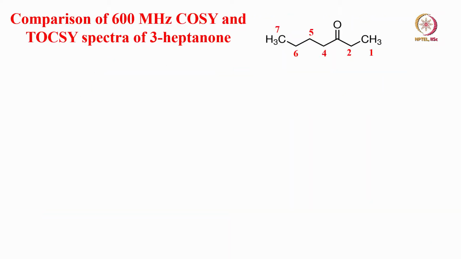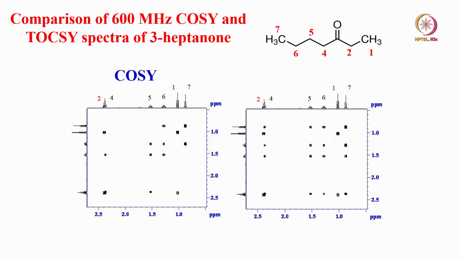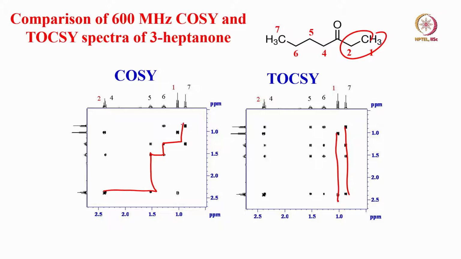So, let us compare TOCSY and COSY. This is a COSY and this is TOCSY for the same molecule. Here just now we understood this forms 1 and this forms 1, the 2 coupled spin systems identified in one shot. Here what we have to do? This goes systematically 1 to here, then here, here, then here, here, like that it goes. Whereas it is simply identified in one shot here. Here again you have to come here and identify.